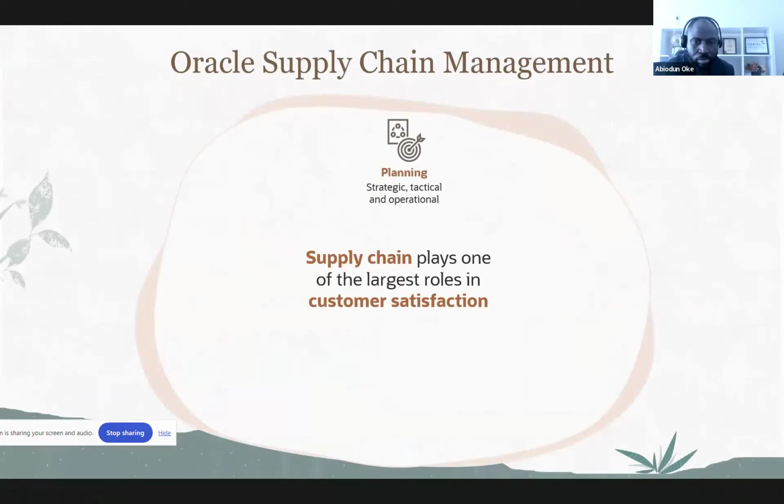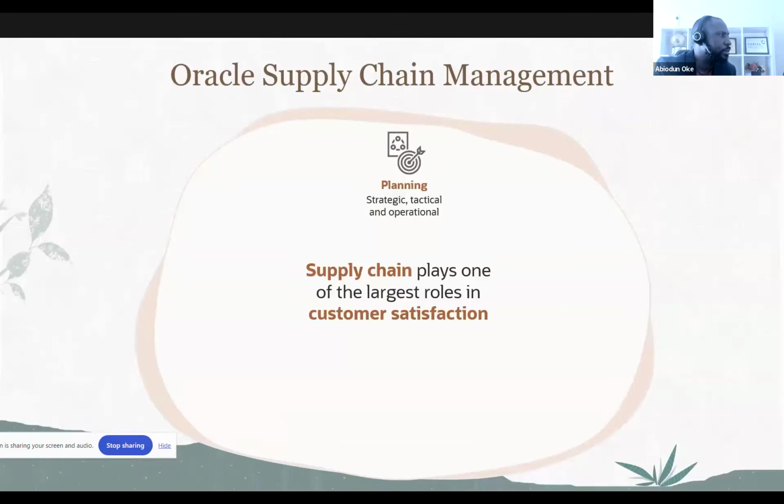A move to a subscription, services-based model would impact decisions around things such as how many distribution facilities are needed and where. How do we increase revenue by 10%? And what needs to change in our supply chain configuration? Predictive analytics and AI are playing a big role in supply chain planning. Subscriptions are making things more predictable, with more consistent demand and less fluctuation in order volume, making forecasting, inventory management